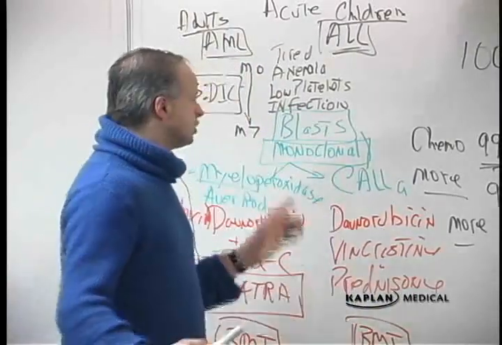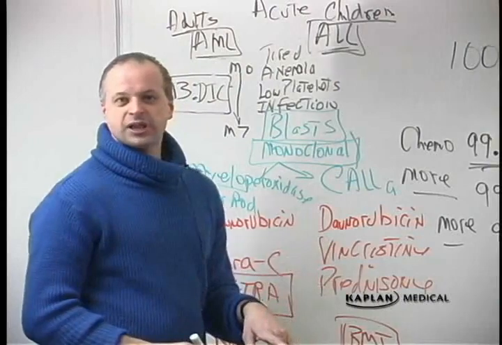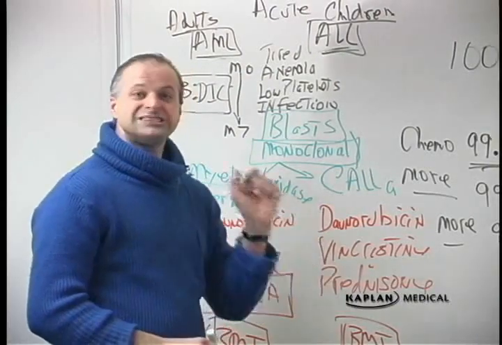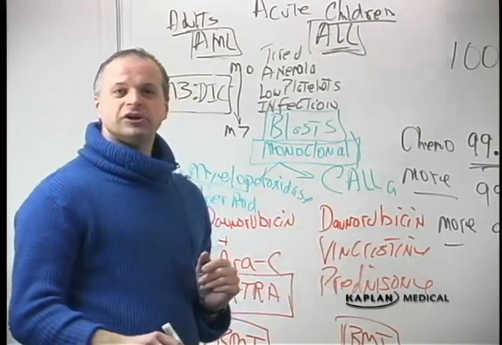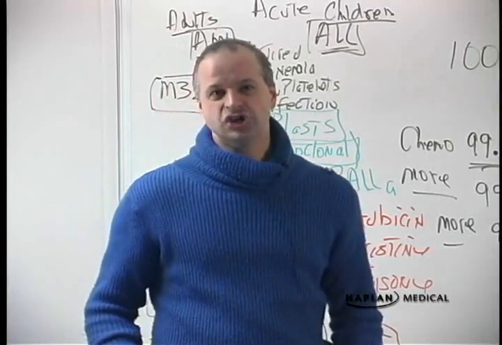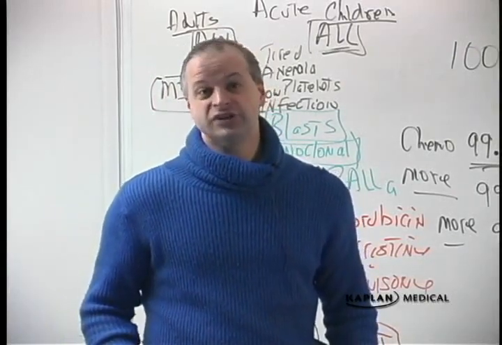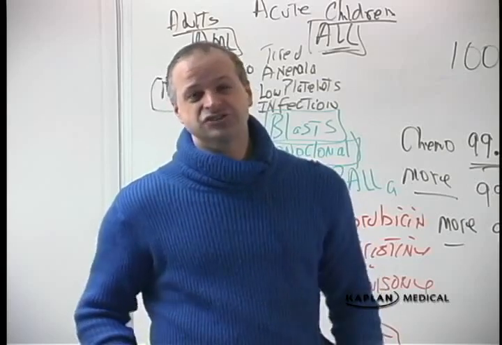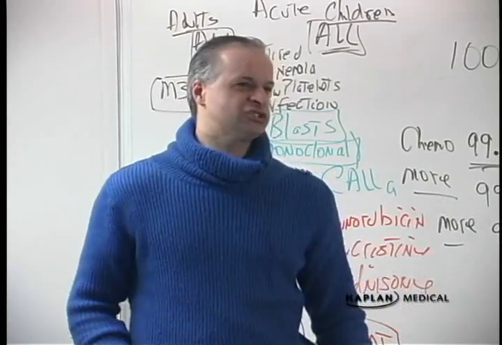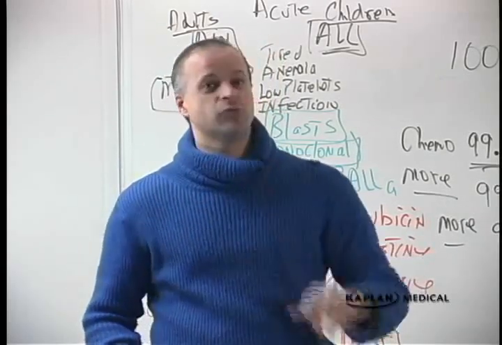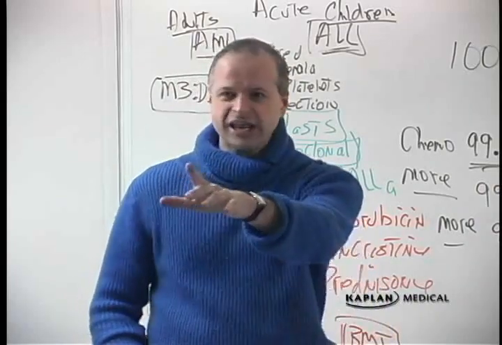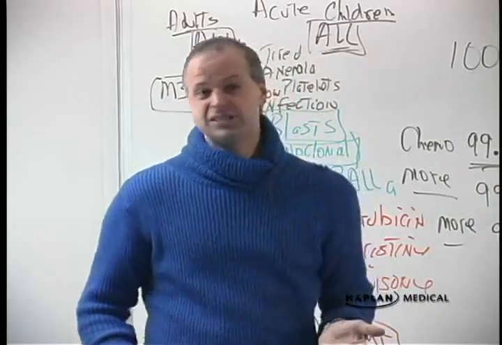What tells us transplant yes, transplant no? And the answer is cytogenetics. We know that certain genetic translocations are associated with a high degree of relapse. If you don't have one of those translocations, that means this person ain't going to relapse, then don't transplant them. Just give them more chemo. Oh, your cytogenetics mean you're going to relapse. You got a 40, 50, 60% chance of relapse.